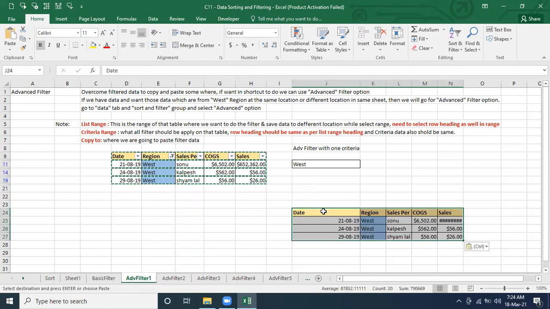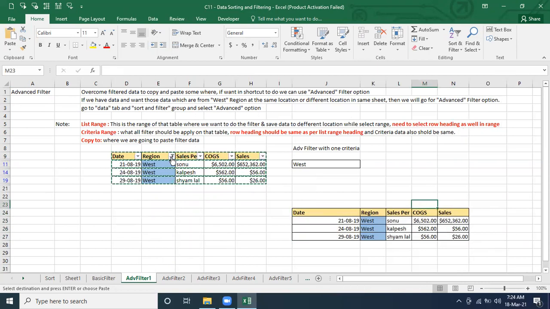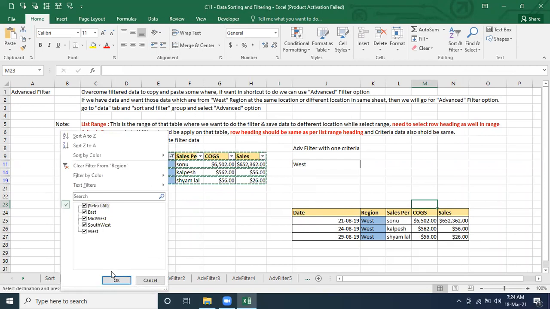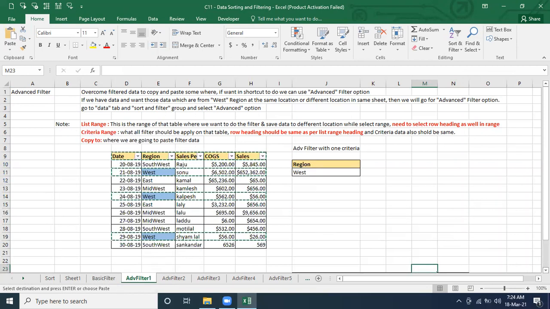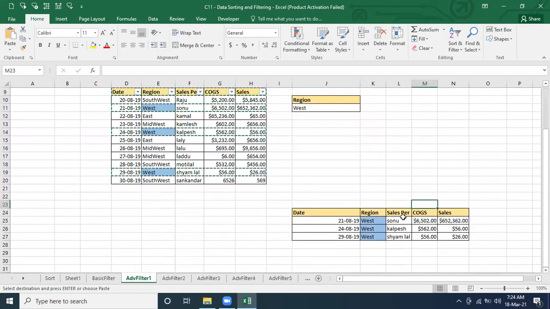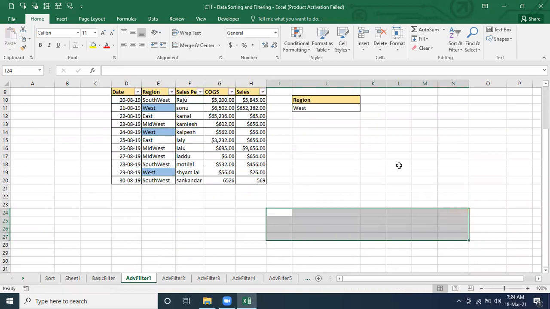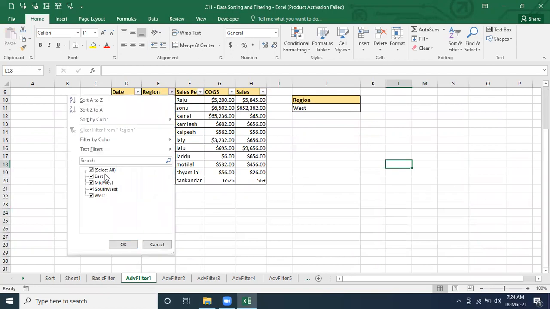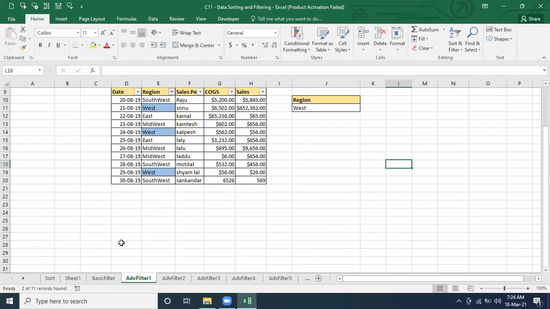Let's say your boss is here. So you did your job, right? You filtered and you copied those records and you shared them with your boss: this is the record you are looking for from the west region, this many records are available. So we forwarded it to our boss, correct? And let's say later he is telling, okay, I don't want this, I want the east region. Then how can we do it for the east region? Same again we have to do here. We have to unselect and select east.